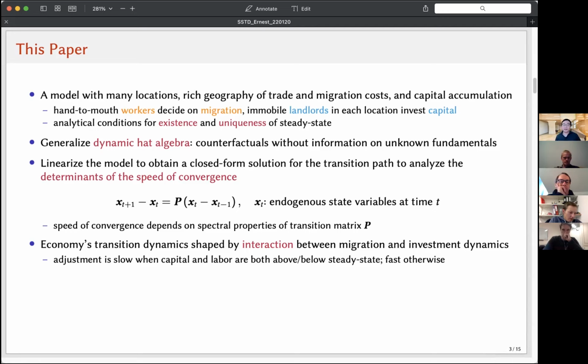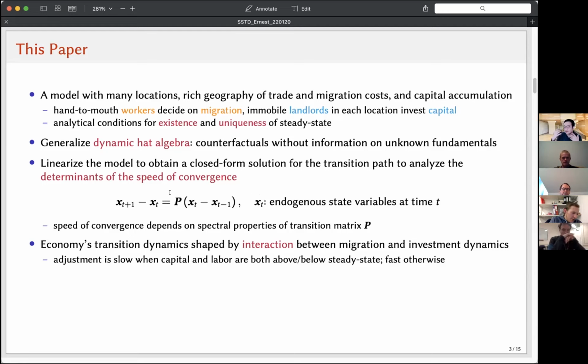But we're going to use that linearization to gain insights about the convergence property, or the speed of adjustment, of the economy to various types of shocks. What I mean is the following. We can stack all endogenous state variables in the economy into a vector. So X, think of it as a whole vector of population across US states and a whole vector of capital stock across US states. We're going to have a matrix P that is constructed using observed trade flows and